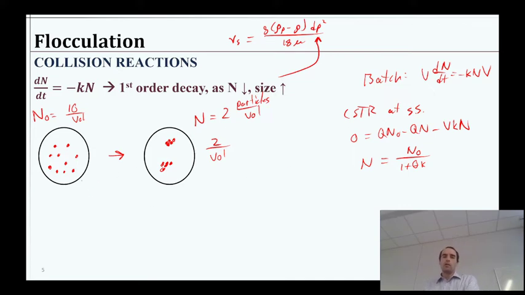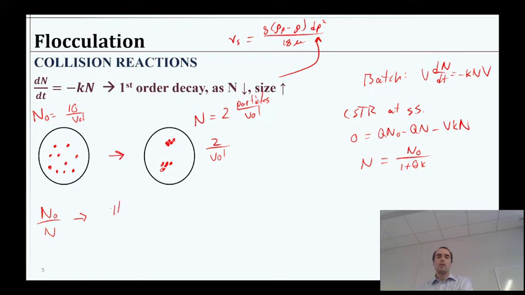But what's interesting and perhaps more important for us is that would give us the concentration of n, right? That would give us the final number of particles in our solution. That might be helpful, but what's really actually more helpful usually is to be able to compare the initial to the final in terms of how many of the initial particles are in each final aggregate. That way we can make some size comparison. So normally when we're working with these particular systems, whereas previously it might make sense to look for n or maybe n over n naught, I'm actually going to say n naught over n might be more interesting, because this is saying